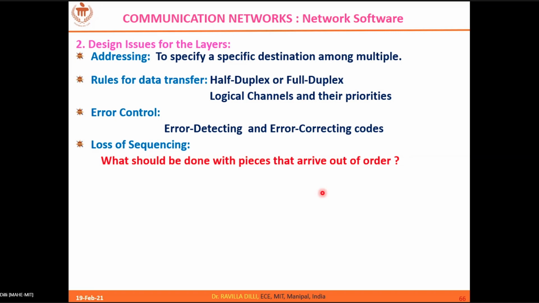That's good. But who will handle that? Will the receiver accept 7, 8, 9, 10 without getting 5 and 6? No, sir. We'll have to wait for everything to arrive, so it will have to buffer it. That is my question: the receiver shows willingness to buffer things. And that is the design issue, sir. Yes, it's up to us to decide.